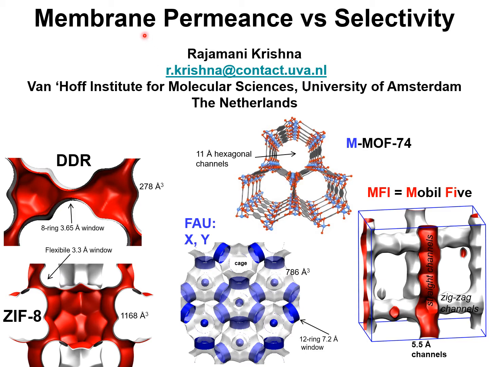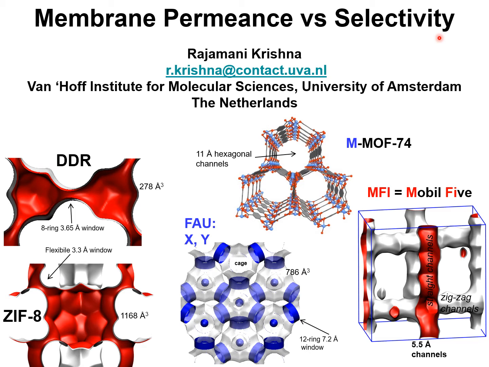the important characteristics that determine the performance of a membrane, and that is the membrane permeance and the membrane selectivity. Ideally, we would like to have a combination of high permeance concomitant with high selectivity. However, normally the higher the selectivity, the lower the permeance, and there is usually a trade-off,